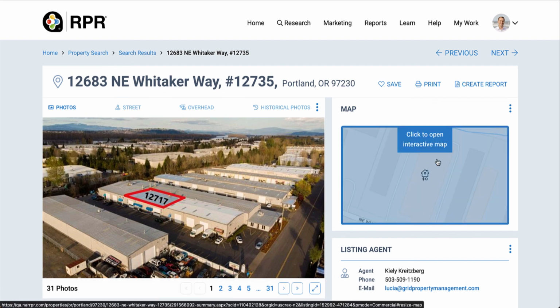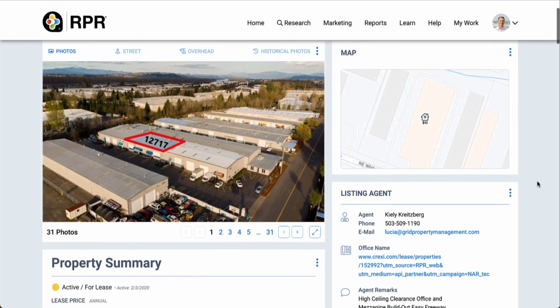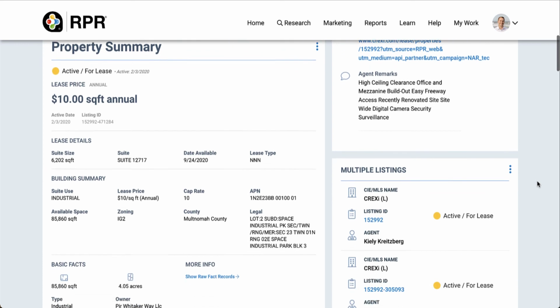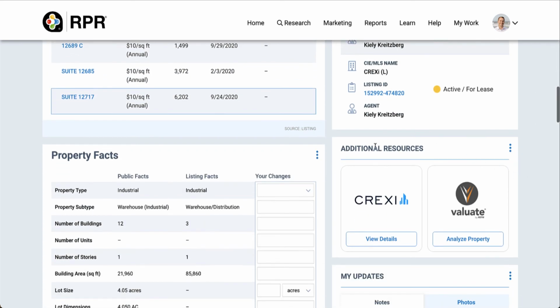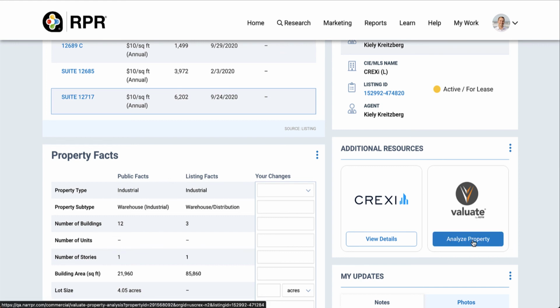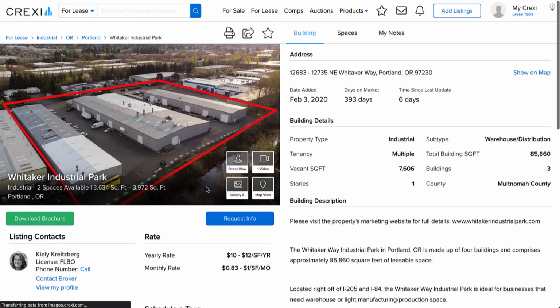You've got your maps over here where you can click and do your trade area reports and those kind of things. But the one thing I really want to point out is down here, we now have enhanced, I guess is the right word, how you can go and look at properties on our partner sites. And so not only can you jump and evaluate and do your investment analysis from here, but you can also click on the Crexi, the Brevitas, all of our national partners, commercial exchange, and go and look at those properties